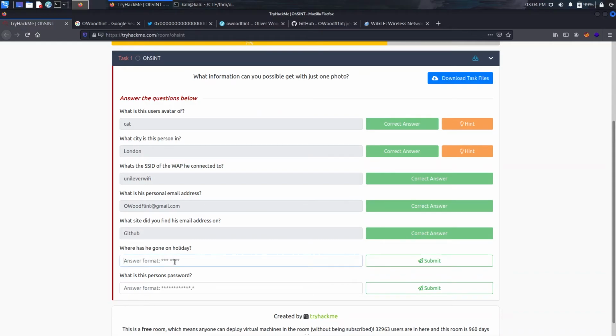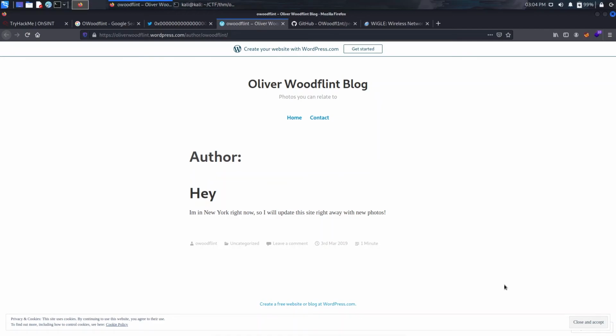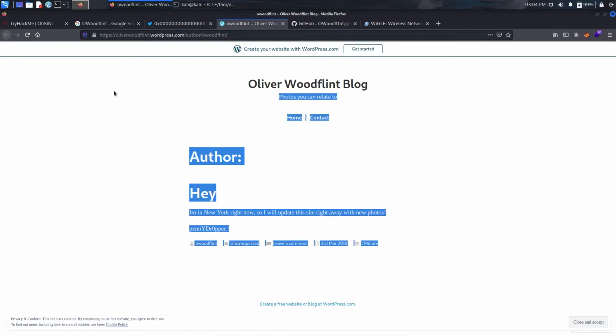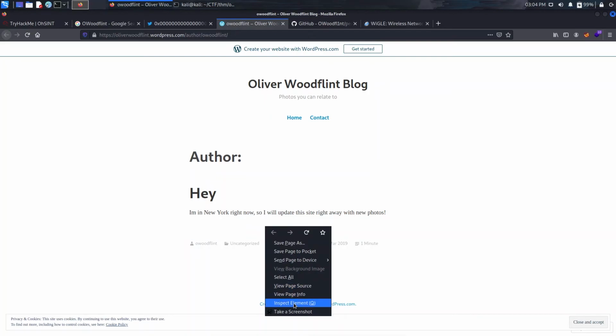As you can see, it's 3 star followed by 4, which matches with New York. Now it's asking what is this person's password. That was a bit of a tough one, but I found the password on the blog page. If I select all of it, you can see something visible, but when I remove the selection it vanishes, which means it uses a span with a white font color.